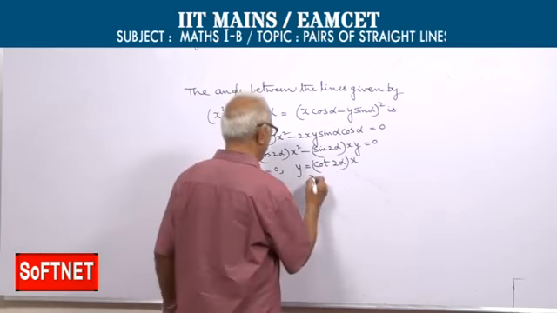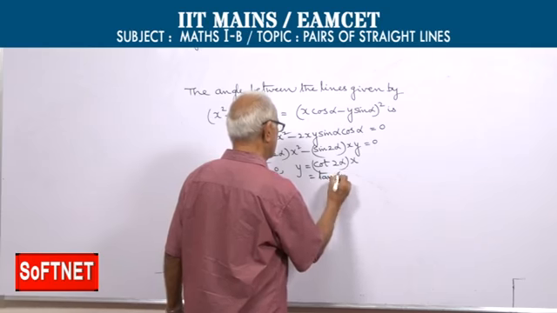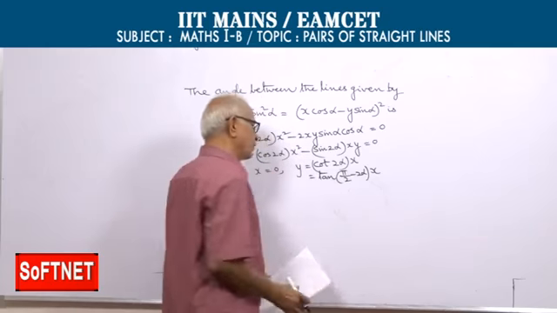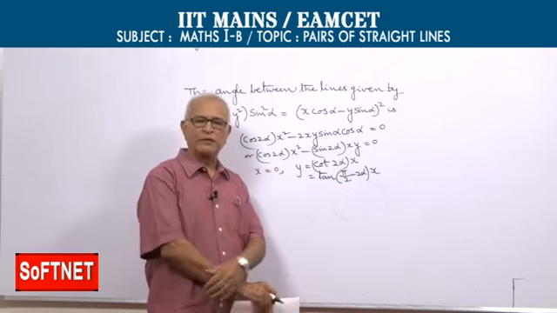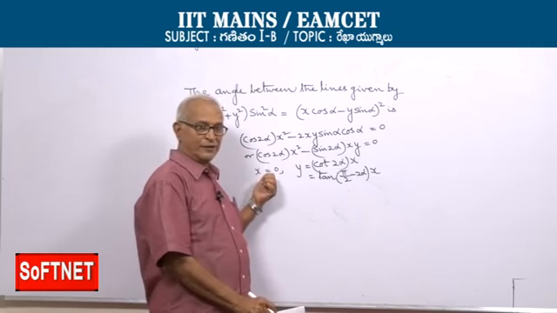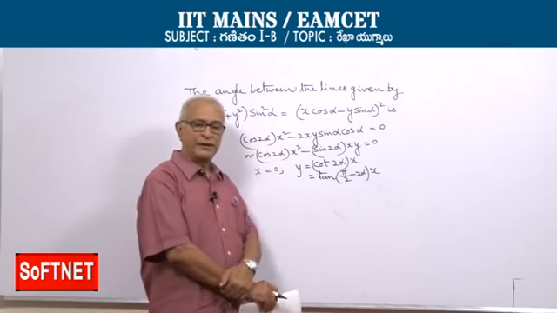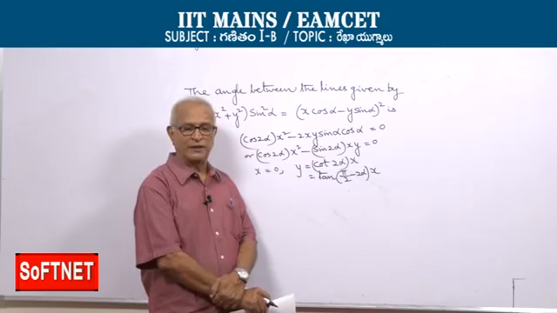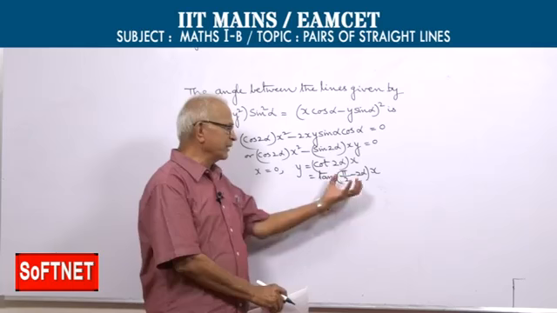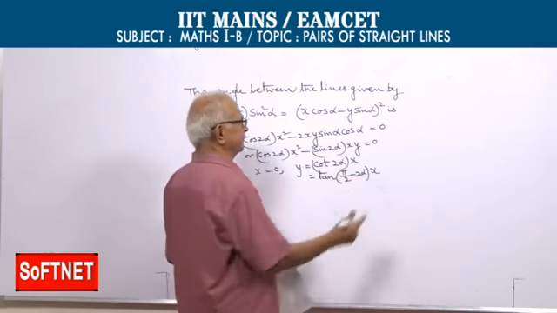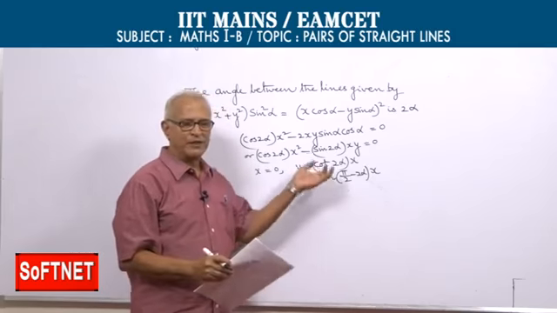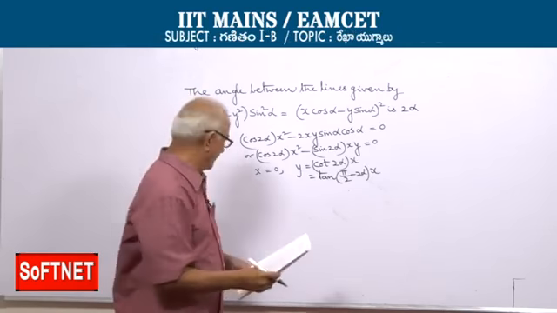that is, tan of pi by 2 minus 2 alpha into x. So this makes an angle pi by 2 minus 2 alpha with the positive x axis, and this is the y axis. So when this second line makes an angle pi by 2 minus 2 alpha with the positive x axis, what is the angle made by the same line with the y axis? 2 alpha. Therefore the angle between the two lines is 2 alpha. I did not apply the formula for the angle between the lines.